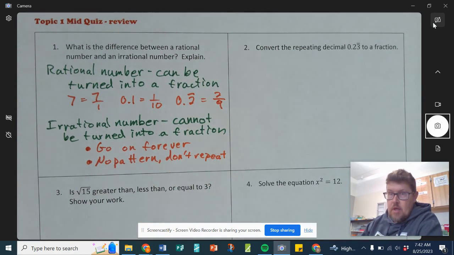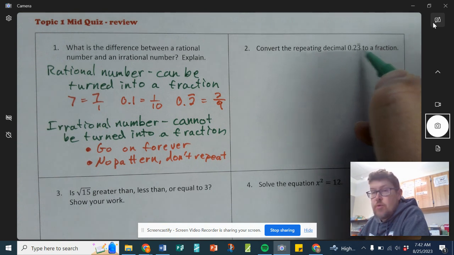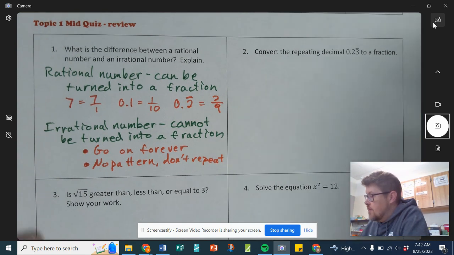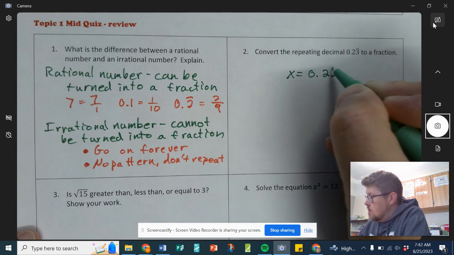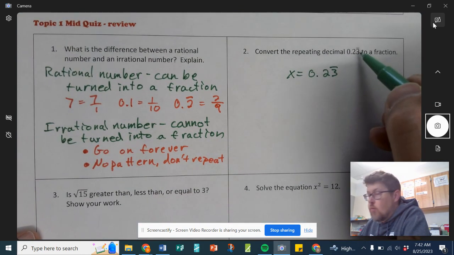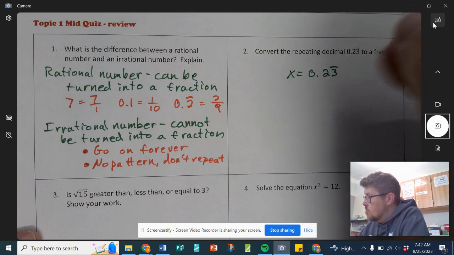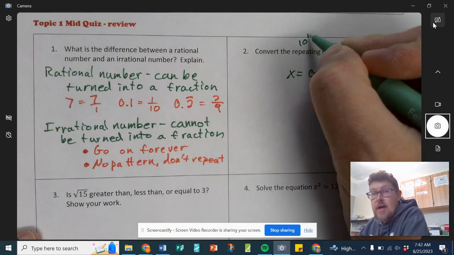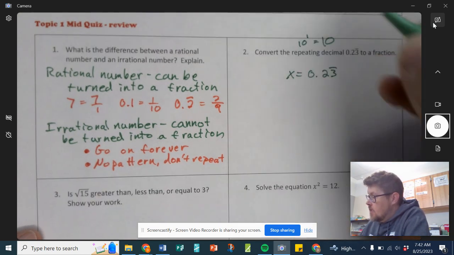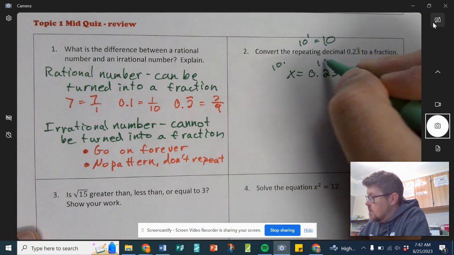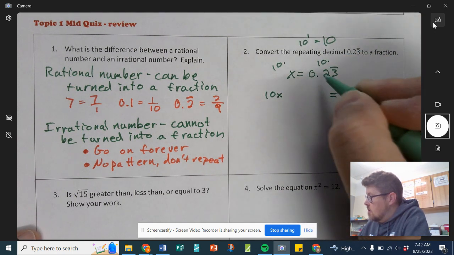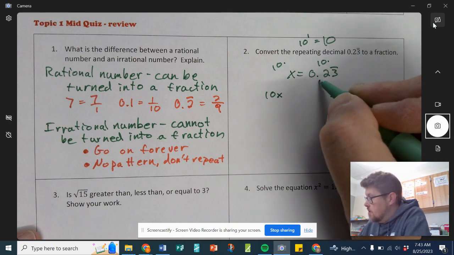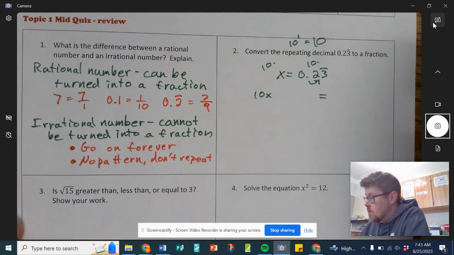Okay. All right, now we're going to take this 0.2 and then 3 repeating, convert it into a fraction. First step, set it equal to x, and then we have one repeating decimal. So we take 10 to the power of that one repeating decimal. That's going to be 10. So then we take that 10 and we multiply it on both sides. Okay, 10 times x is 10x. I'm going to leave a little space right here. Now this 10, all it does is really it moves the decimal place over, right? So it's going to be